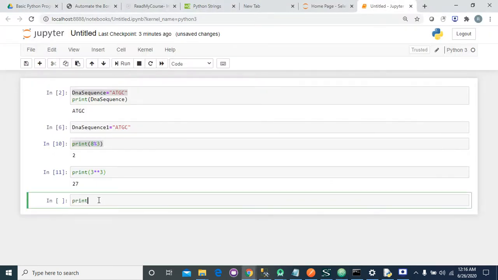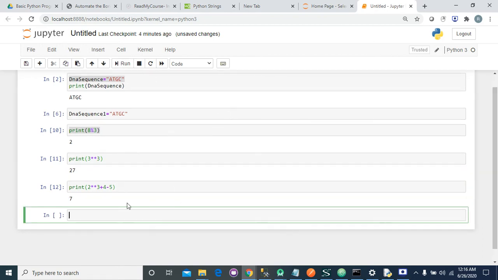Now you can use complex syntax: 2 ** 3 + 4 - 5. What should be the result? Firstly, 2 double star 3, meaning 2 power 3, is 8, plus 4 is 12, minus 5 is 7. The result should be 7.